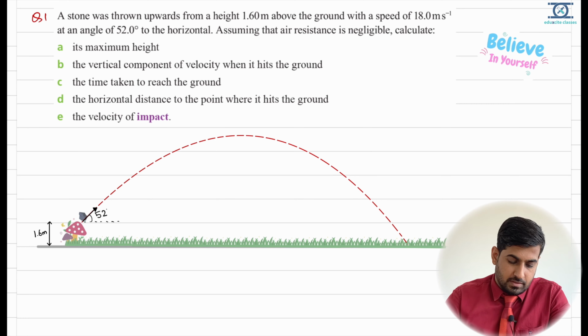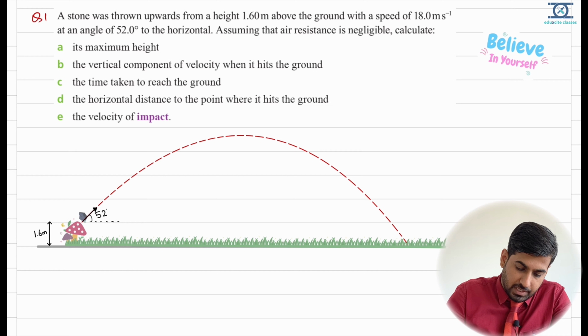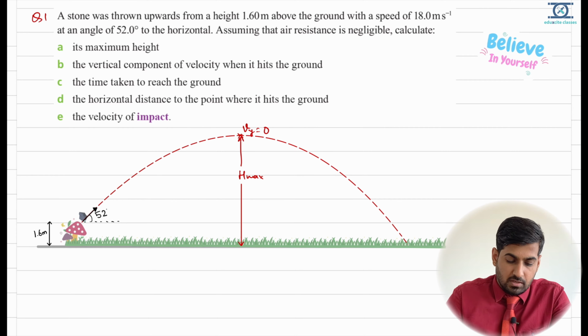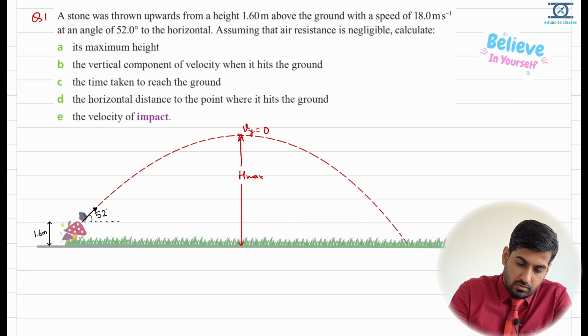In the first part, the maximum height, let us say this is the maximum height. The first and foremost thing you have to remember is that at maximum height the vertical velocity will be 0. This is one of the most common and popular questions from projectile motion. So first and foremost, we have to find the